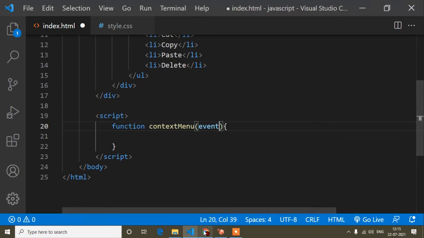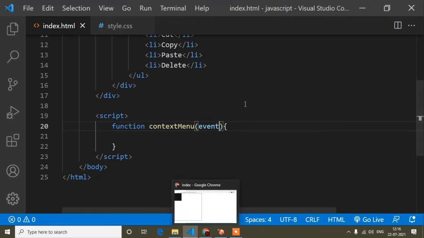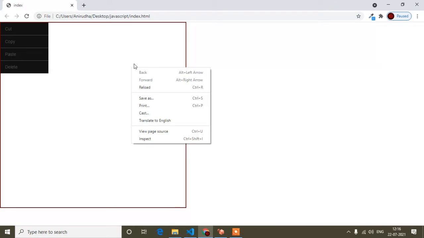And now here I will pass an event. Now guys, when we want to prevent our default behavior, like here when I right click, the default is opening this menu, but if I want to prevent this default behavior, there is a method called preventDefault.